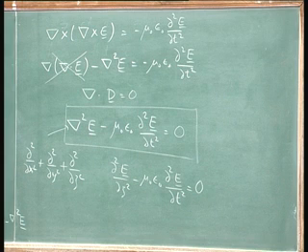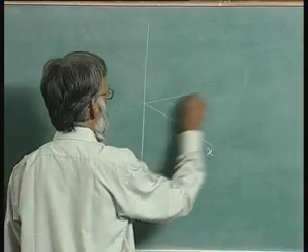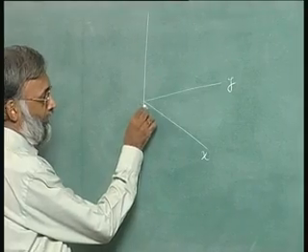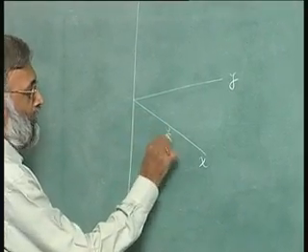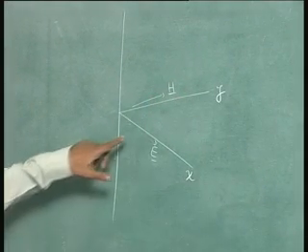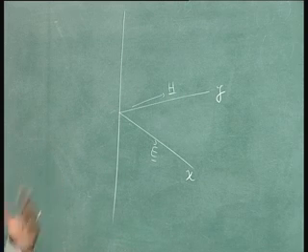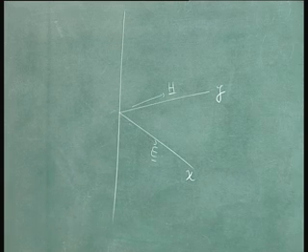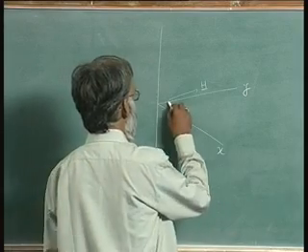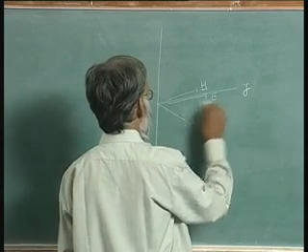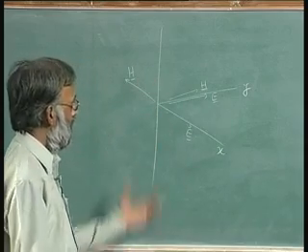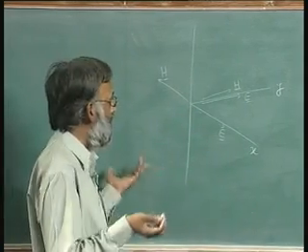I had drawn x, y, and I had said, let me guess that the electric field is in the x direction and the magnetic field is in the y direction. And from that I managed to get a solution. Now, calling this x and calling this y is pretty arbitrary. I could just as well have said electric field is in this direction, in which case I should have got the magnetic field in this direction. After all, if I rotate by 90 degrees, it should not really make any difference.